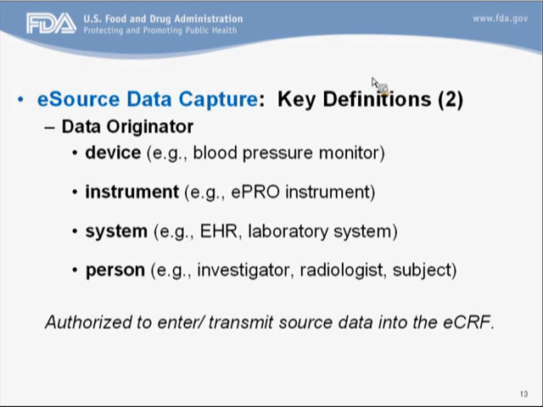It could be an EHR, it could be a lab system, or it can be an investigator, radiologist, subject. All depends upon the protocol and the clinical trial that's being conducted and what data you need to